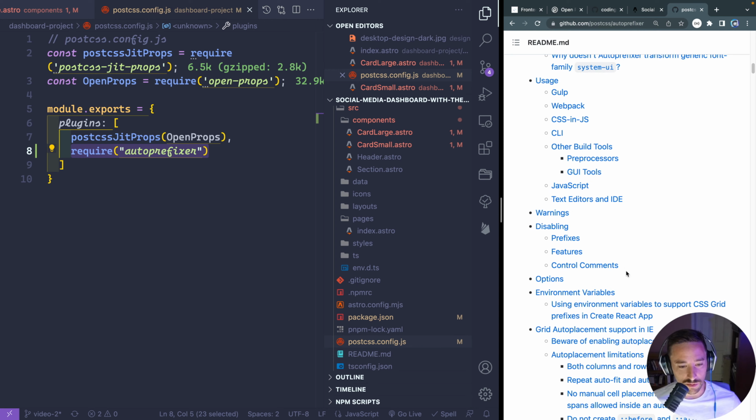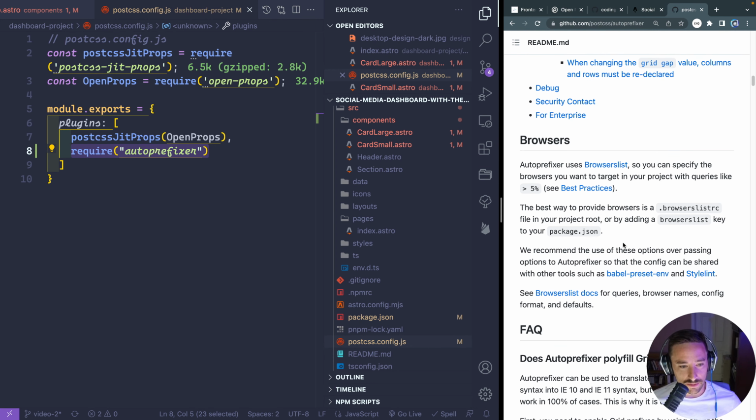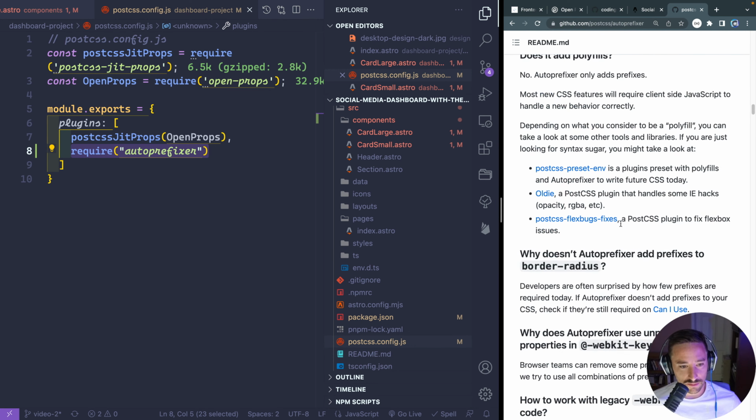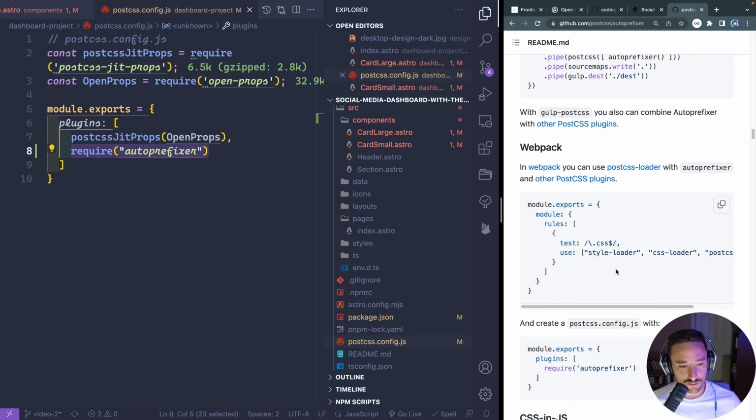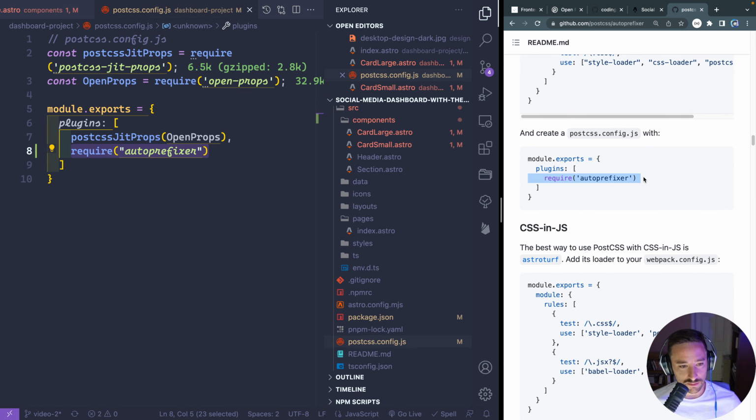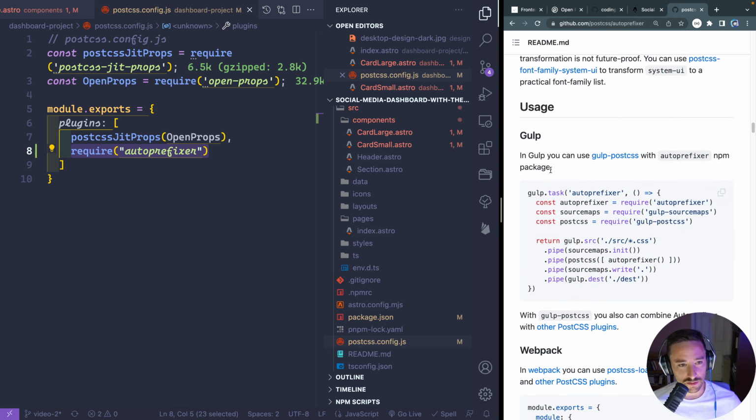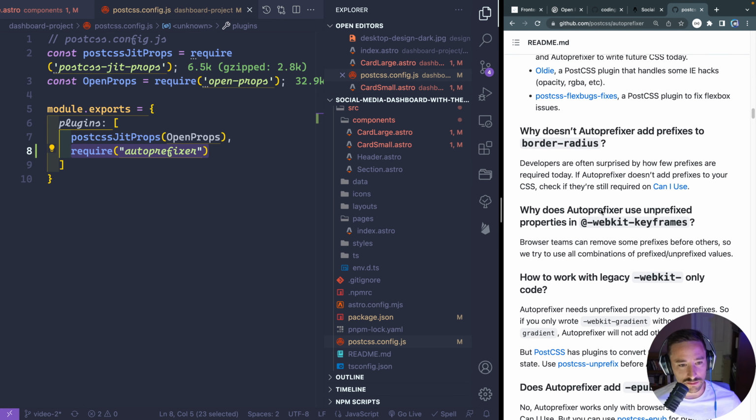Let's see. I'm trying to remember where to add this. Auto prefixer. Where's my post CSS file? Just to make sure, yeah. So just require auto prefixer. That's what I've done, right? Yeah, we're good. Okay. And then with this browsers list,